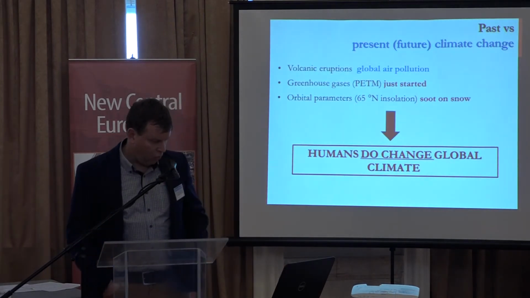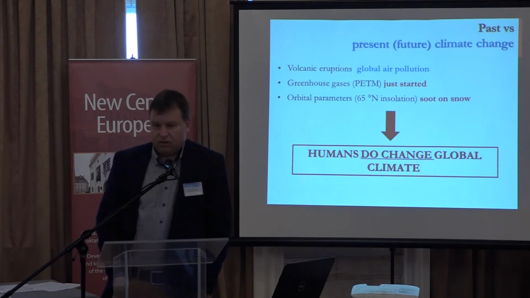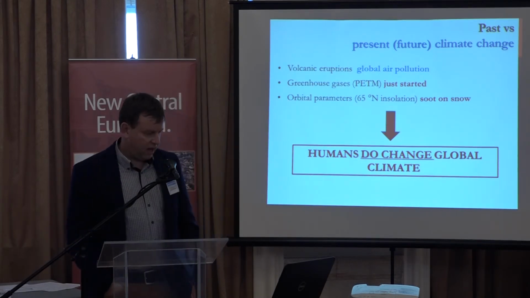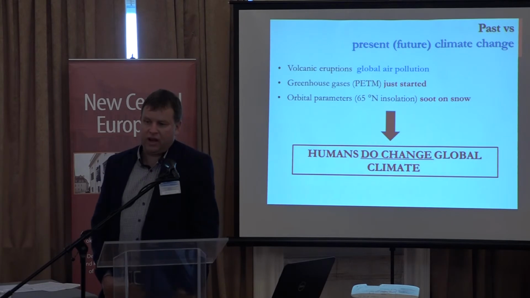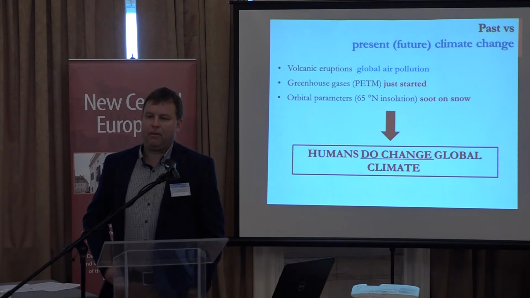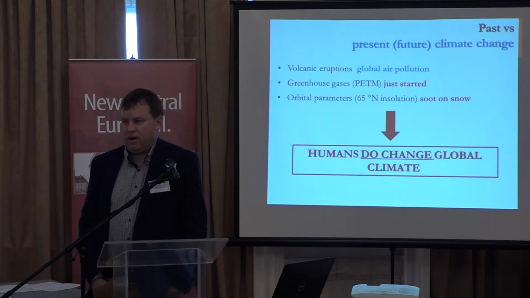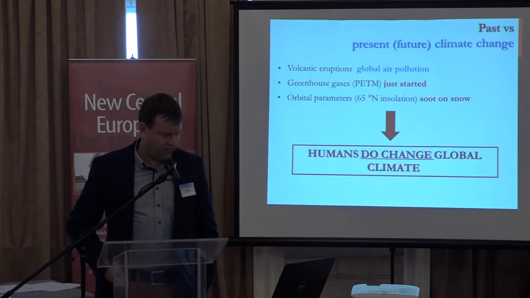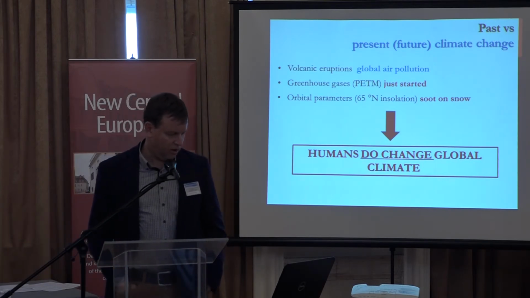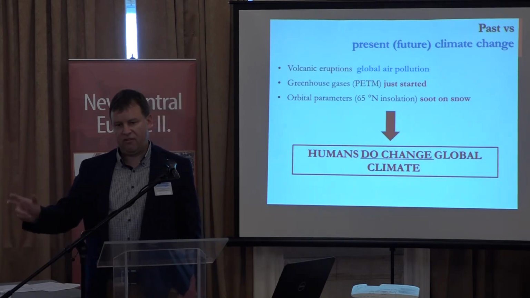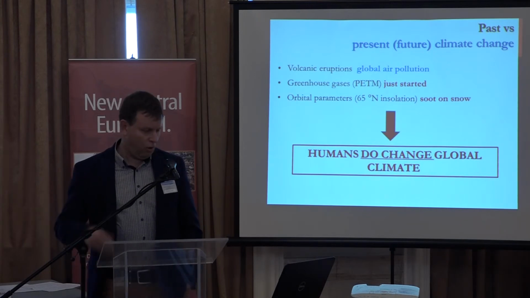So that's the conclusion, actually, that we can produce changes of the same magnitude as nature can. We can substitute volcanic eruptions by air pollution. We can put carbon dioxide into the atmosphere in very large quantities, as happened 20 or 55 million years ago. And we cannot change the orbital parameters, but we can make something similar in effect. So we can start these processes, all going